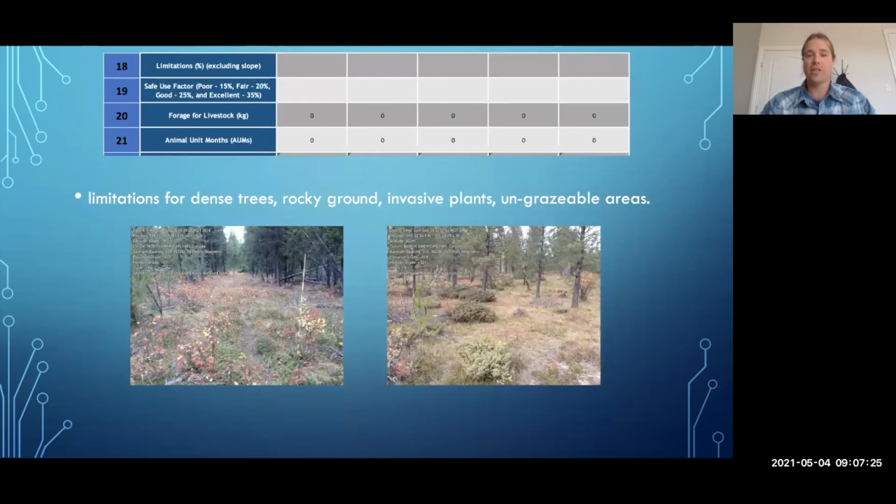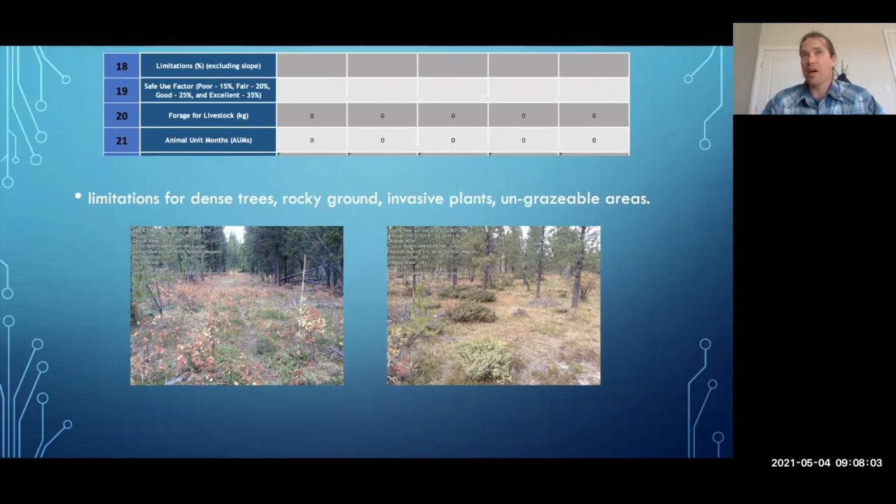There are other limitations that we would account for, including dense trees, rocky ground, invasive plants, or just ungrazable area, like the base of the juniper bushes, where there's not much growing. So we need to account for how much of the landscape those types of limitations account for. It's important to consider these because they're responsible for limiting what is available for livestock. And once we've considered those limitations, as well as the rangeland health and seral stage, we can assign a